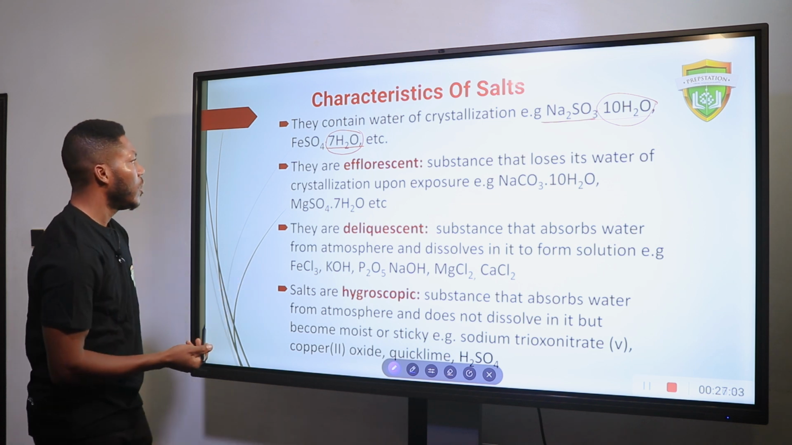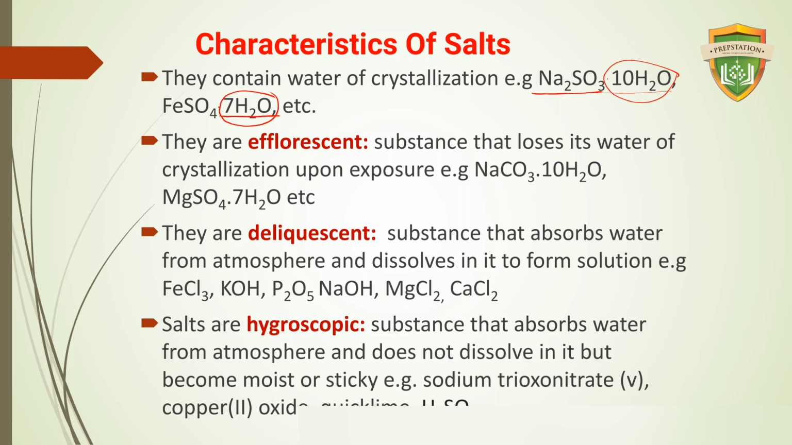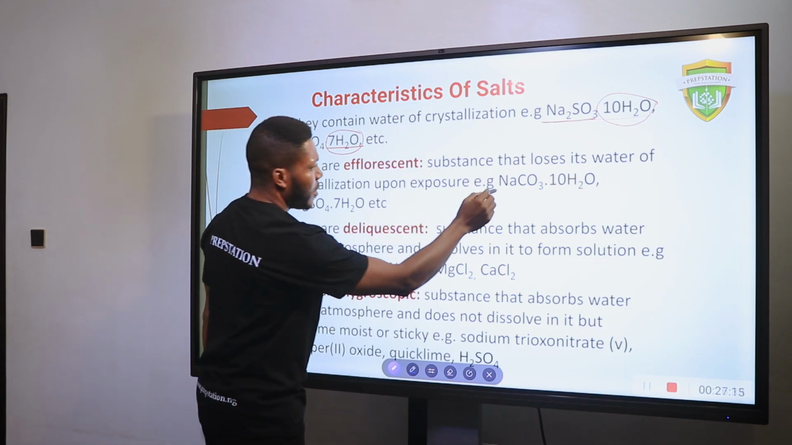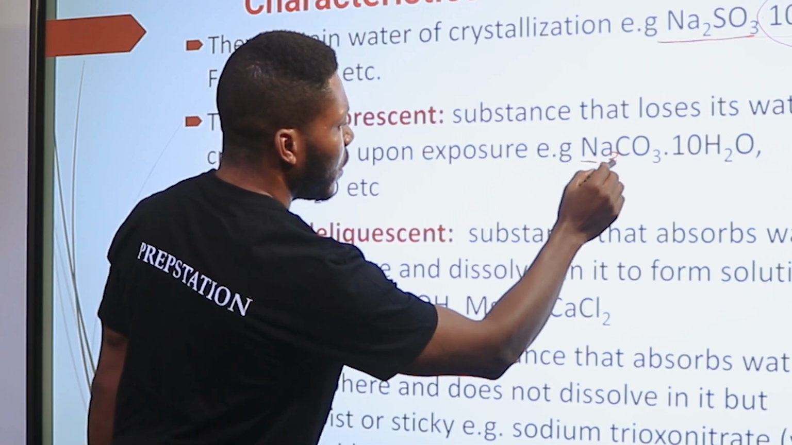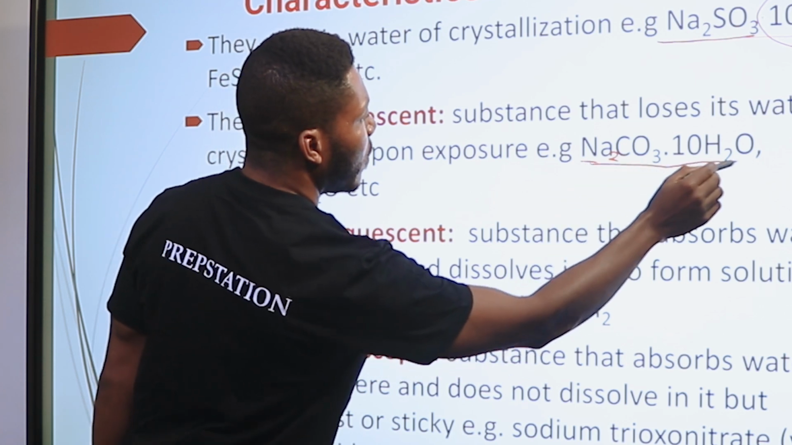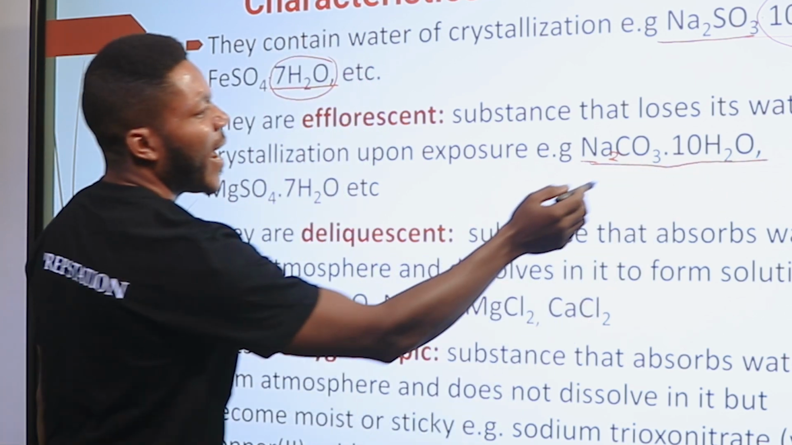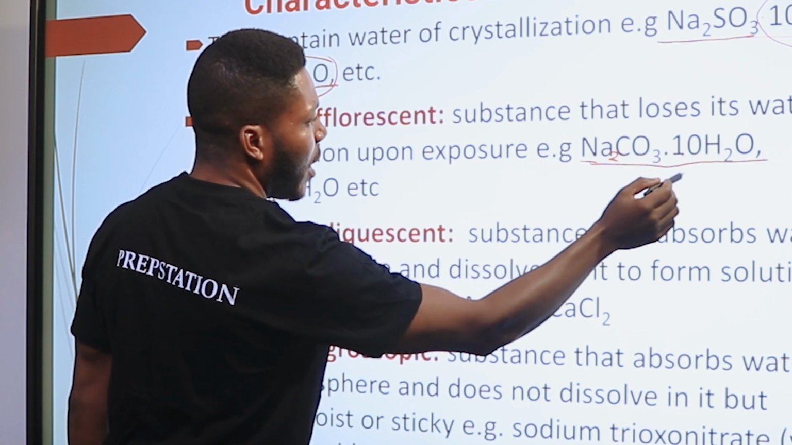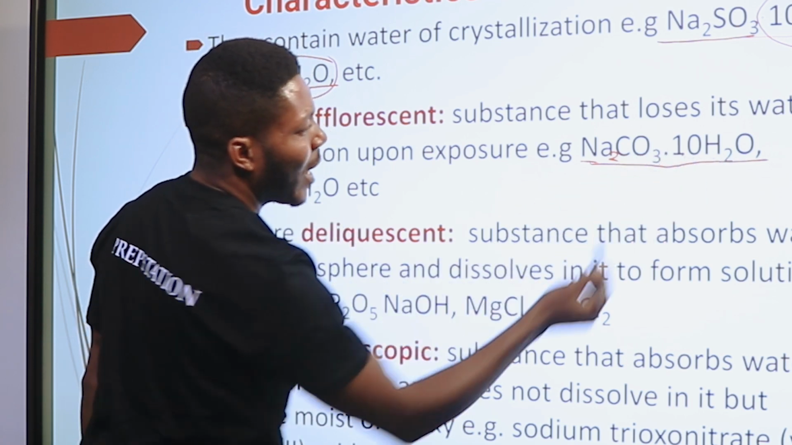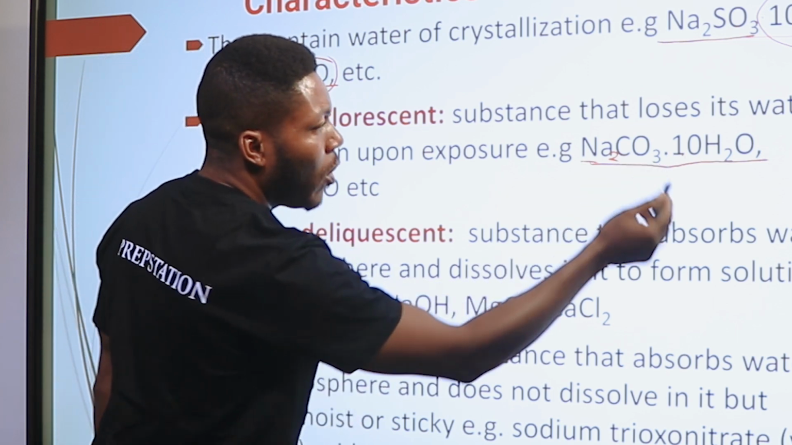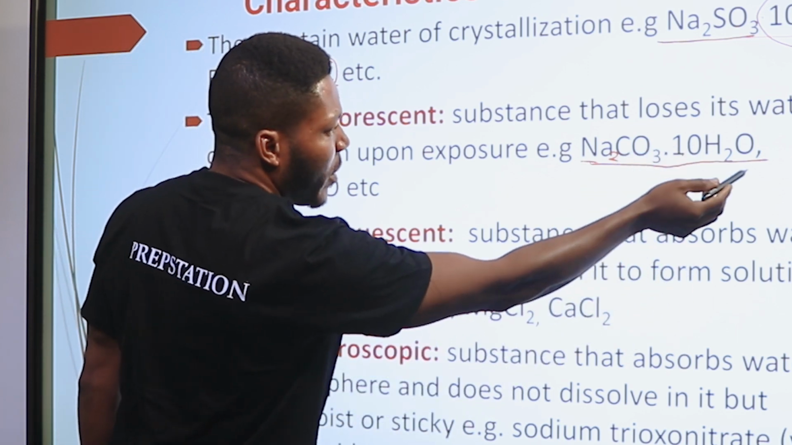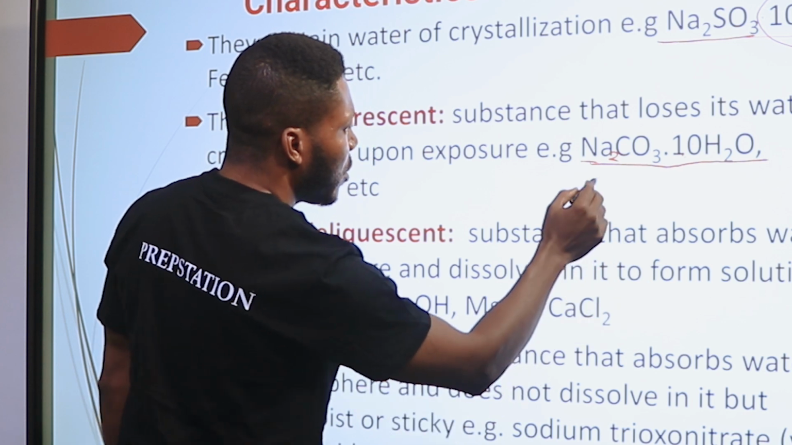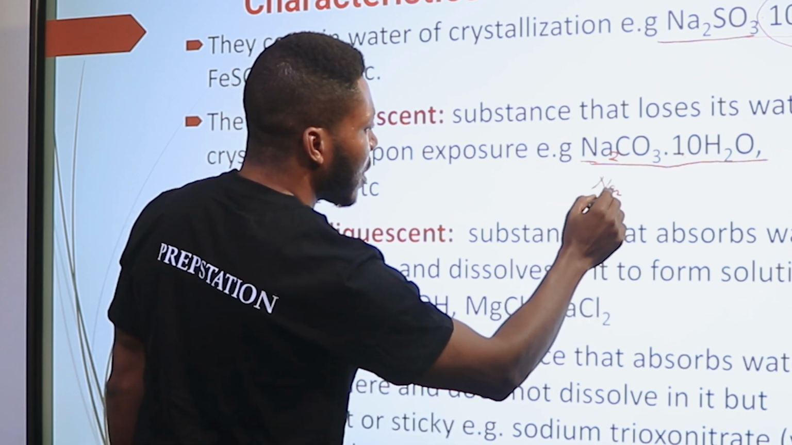Some salts are efflorescent. What does that mean? A substance that loses its water of crystallization when exposed to the atmosphere. For example, this is sodium trioxocarbonate(IV) decahydrate. Ten means what? Deca. So when you expose this salt to the atmosphere, it will lose, if not all, part of the molecules of water present. So this compound can be reduced to